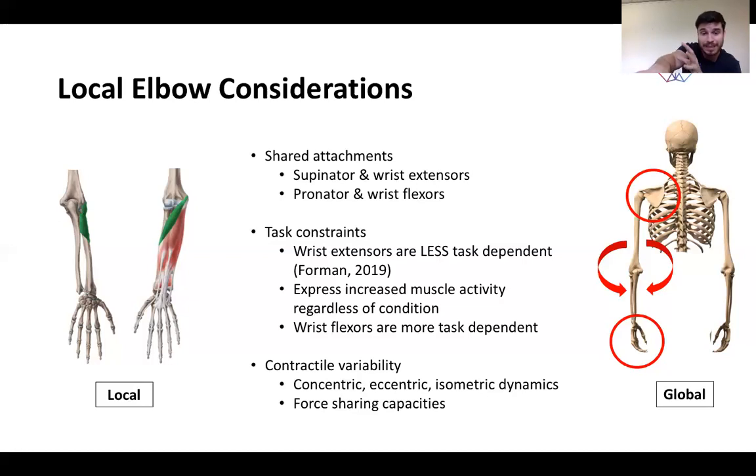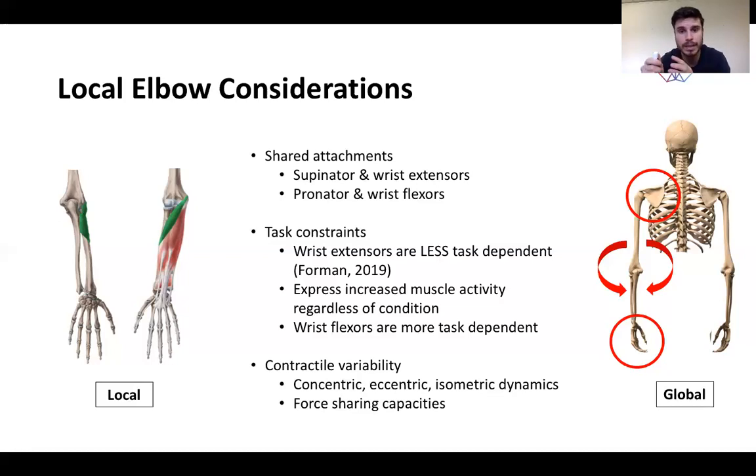Right, so remember to extend the elbow, we need to pronate the forearm, flex the wrist, and extend the elbow, right? The supinators, the wrist extensors, need to express the capacity. It's not that they have to do this every single time you extend the elbow, but we want them to have the capacity to express more eccentric dynamics or eccentric behavior to allow for that movement to occur. Right, and that's potentially a big reason as to why eccentric loading of those tissues may help somebody that's experiencing lateral elbow pain. But what we can also consider as well is the load of force sharing capacities around the